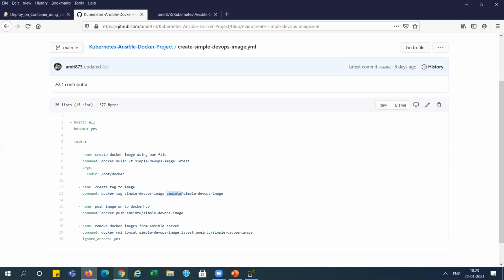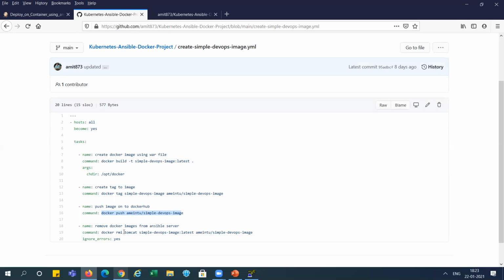We need to add our username/something Docker image. If you are creating your own user, then you need to add your username here. And after tagging it, we need to push that image to Docker Hub. This is the command. We have already created the connection in the Ansible system, so when we push it, it goes directly to Docker Hub. When it is uploaded to Docker Hub, then we will remove the images from the Ansible server.